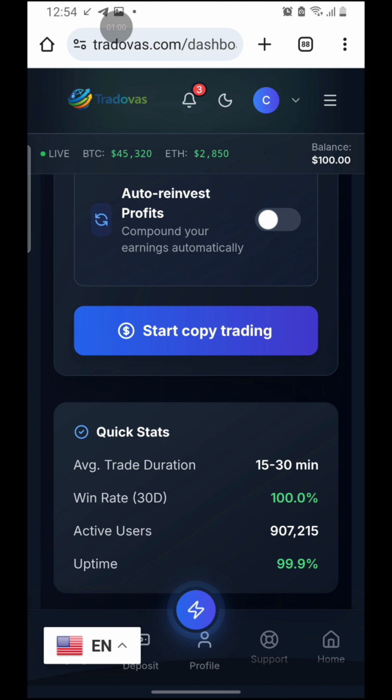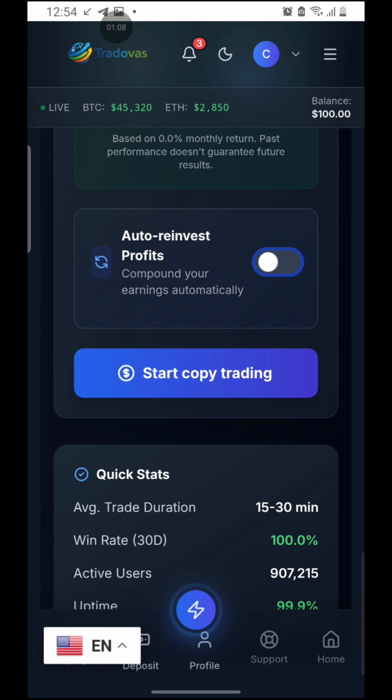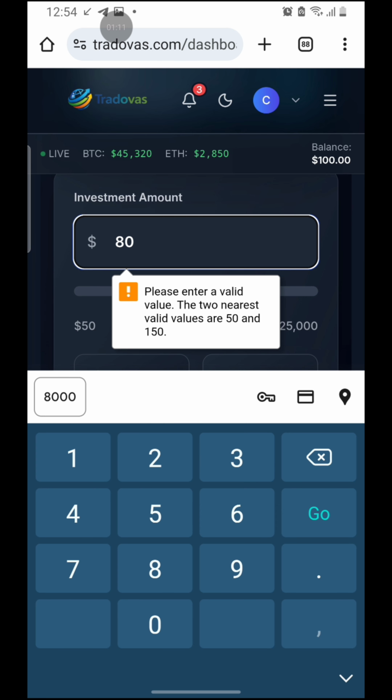actually a 1 day trade. If you want to auto start your trade, you can turn this on, or turn it off to copy manually. Here I'll click on start copy trading. Okay, here it said